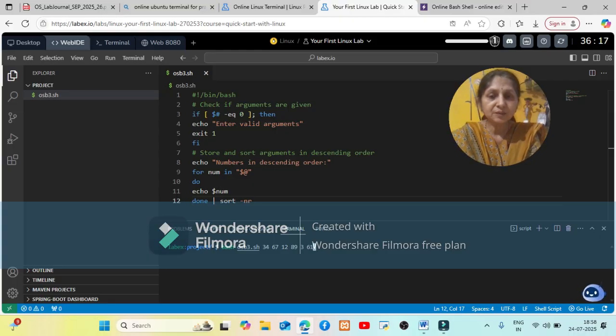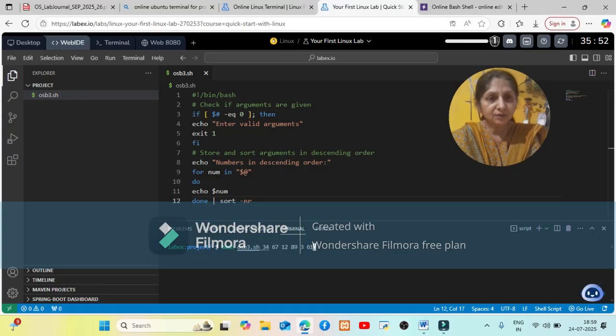So I am executing the program osb3.sh by using bash, and with that command I am also supplying some numbers. How many numbers am I supplying? 1, 2, 3, 4, 5 and 6 numbers.